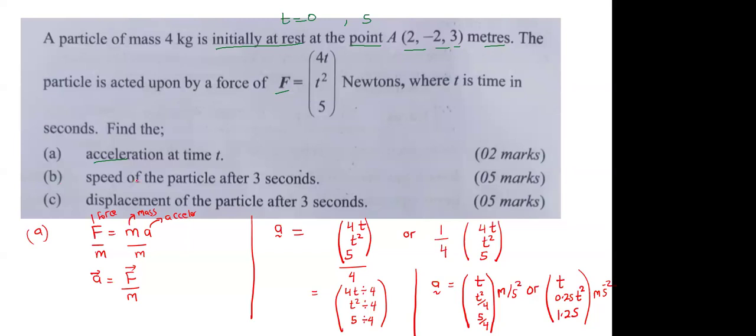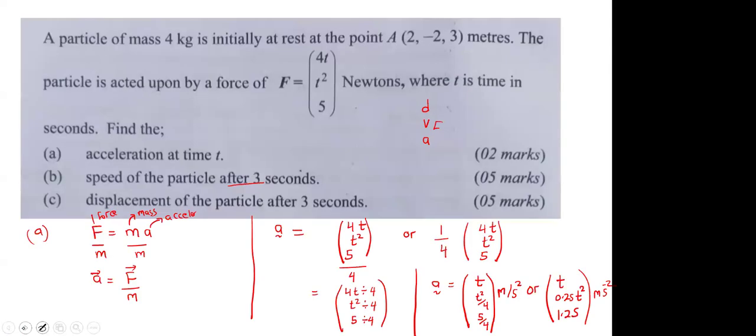Second part wants us to find the speed of the particle after 3 seconds. Now, what do you remember? We have said that whenever you have distance or displacement, we have velocity and we have acceleration. So when you have acceleration and you want to get velocity, you integrate. So that means we are going to integrate our acceleration to obtain our velocity. So I'll come here and now I say for part B,